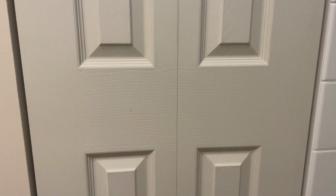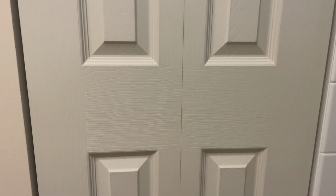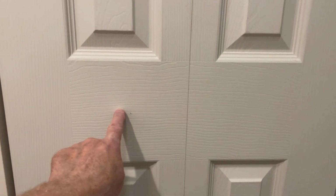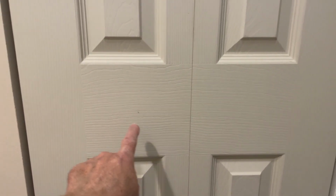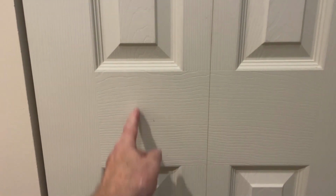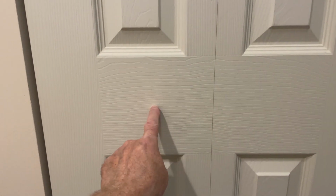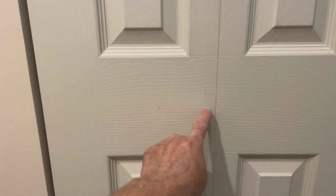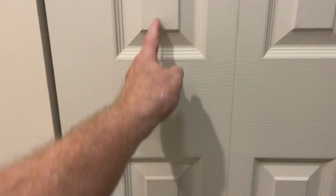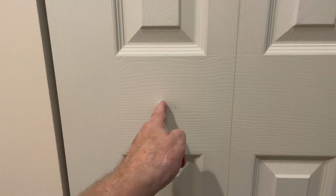Now I'm seeing a lot of disagreement on where to put the handle on this door. Some say put it over here. Some say put it more towards the center. That little difference, I don't think it will really matter. I think the door will open either way. Visually, I would like to center it. You can see I put a little mark here. I don't even like that. That was measuring. I'm going to visually put it right about here between those two panels,